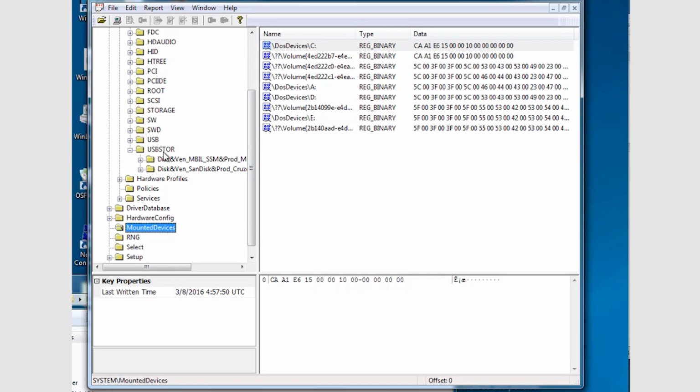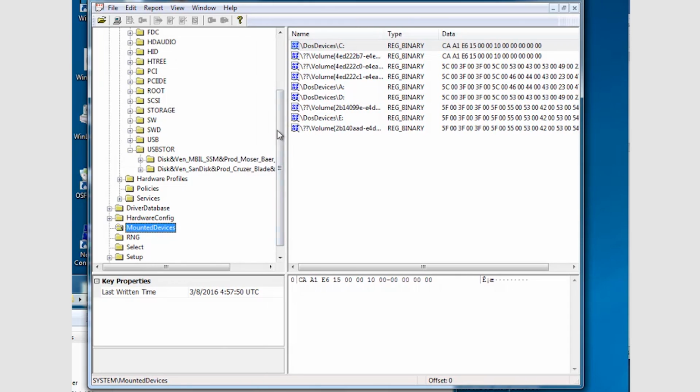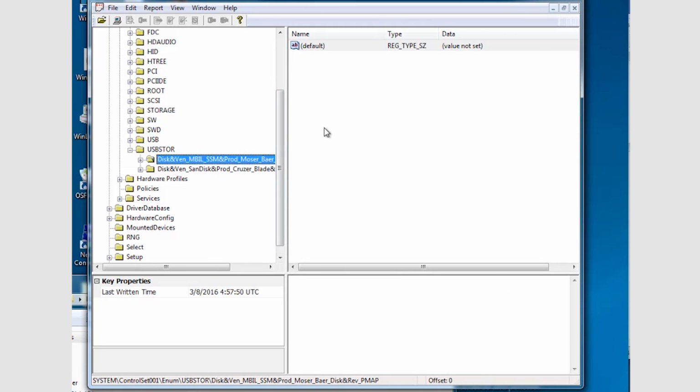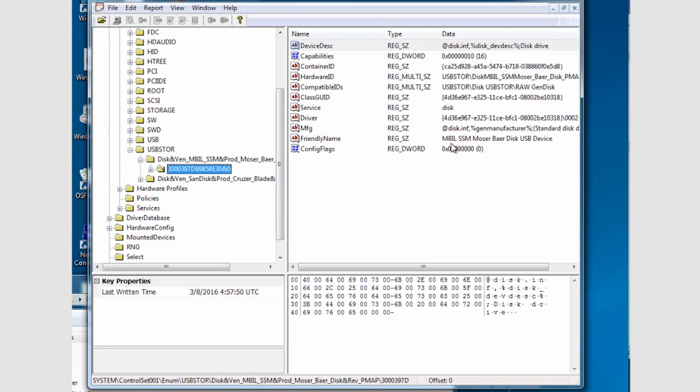So in this case, I have two USBs here, just plugged into that. Currently, certainly, you don't have the USB plugged into it. So if I look at the first one, it tells you what type of USB. This is the friendly name, the type of USB it recognized. And if we look at the second one,